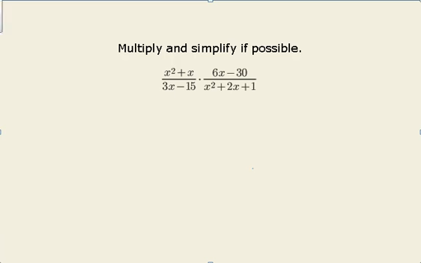Hi everyone. Right now we're going to look at multiplying rational expressions by one another. Those are expressions where we have fractions involved, and we have fractions oftentimes in the numerator. We have variables oftentimes in the numerator and in the denominator. The approach we're going to take for multiplication is very much like we would do for multiplication of fractions with